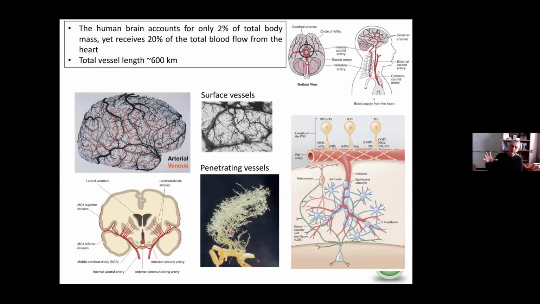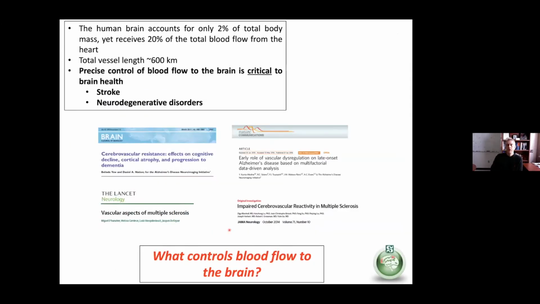And so when we put all this together, blood vessels and neurons, we typically refer to it as a neurovascular unit. So it's the communication between blood vessels and neurons. So typically when we think about blood flow and blood vessels, the first thing that comes to mind are different pathologies related to the absence of blood flow. And the first one being, of course, stroke. Stroke being the number one or number two killer on the planet.